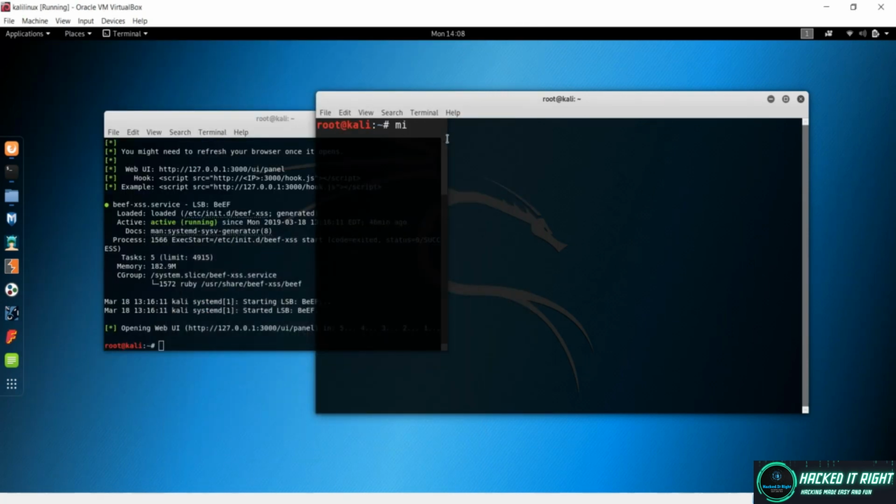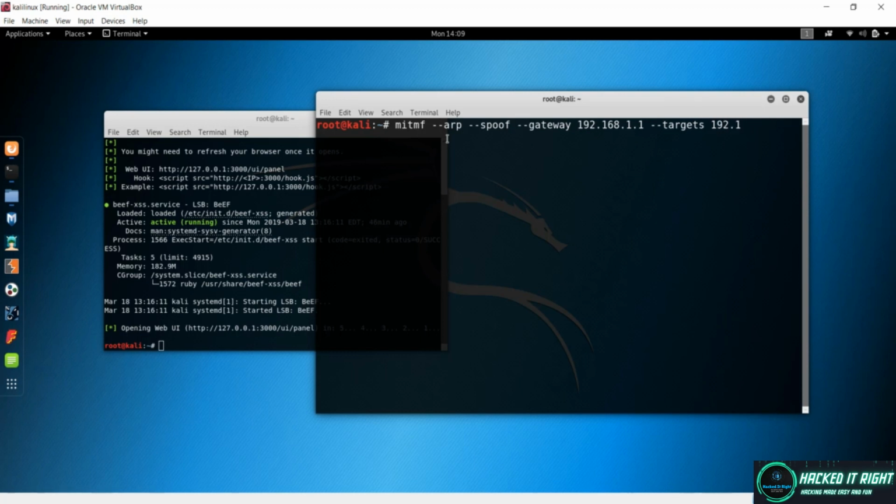I'm using some framework over here, and this may be unknown to you, so it's completely fine. We'll cover everything about this man-in-the-middle framework in the upcoming lectures. I just want the ARP spoofing, and after that I'll specify the gateway. The gateway is the first address of the entire network, and I'll say 192.168.1.1. After that I'm going to give the target as our Windows machine, and we have seen the IP